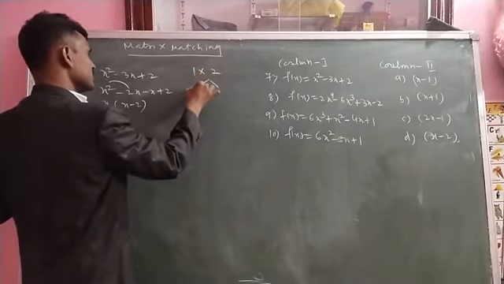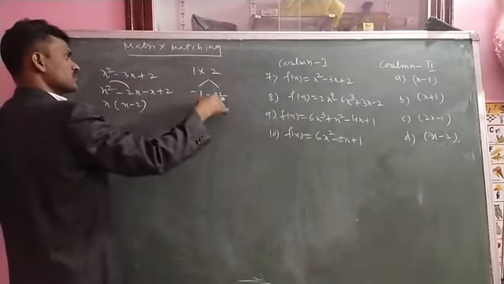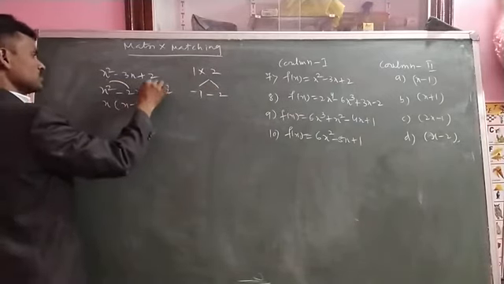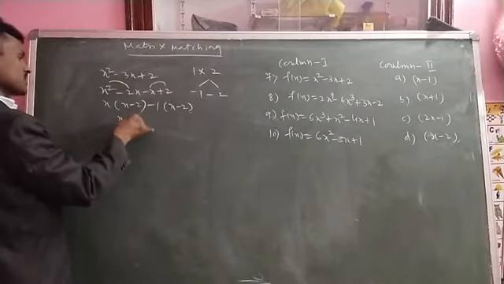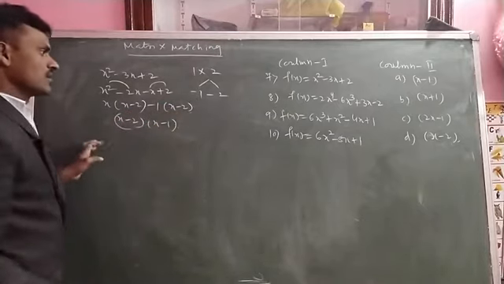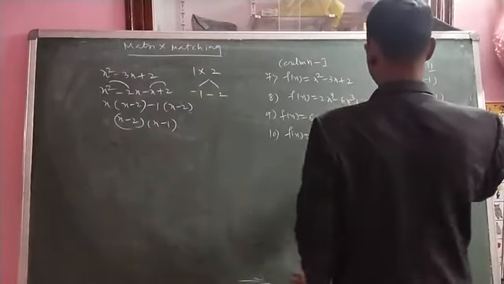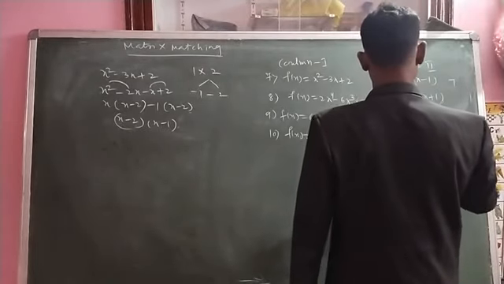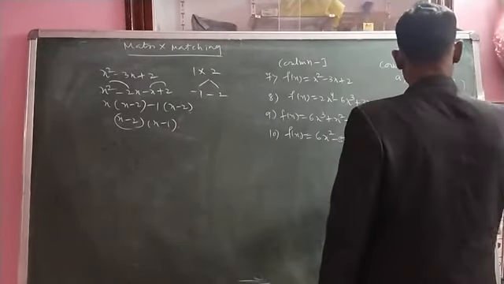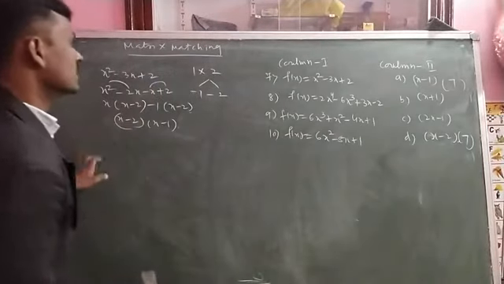Thereafter this is written as minus 1 minus 2 means minus 3x, and minus 1 into minus 2 is equal to plus 2. In this 2 you have to take minus 1 common, x minus 2. The whole term x minus 2 is common, then x minus 1. Now see here, x minus 2, x minus 1. Here the first one matches with 7, x minus 2, x minus 1. Okay, note down this one. Next one, see here.